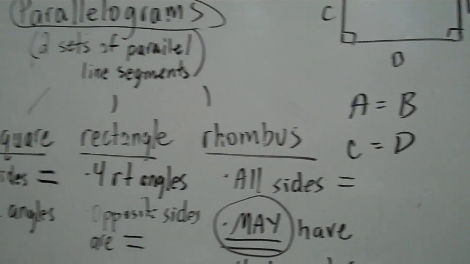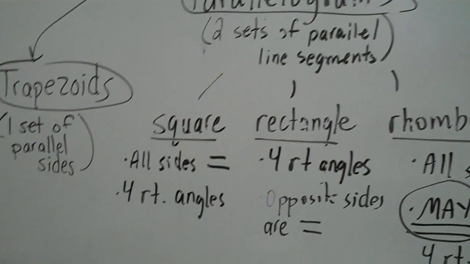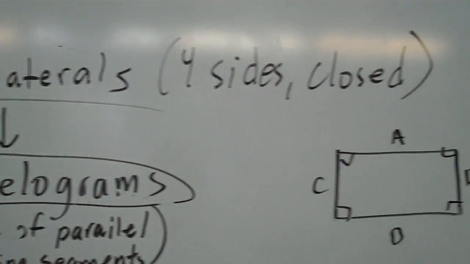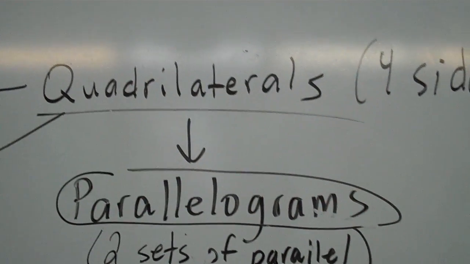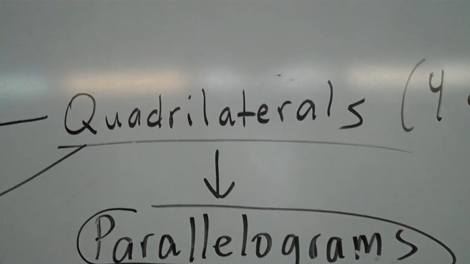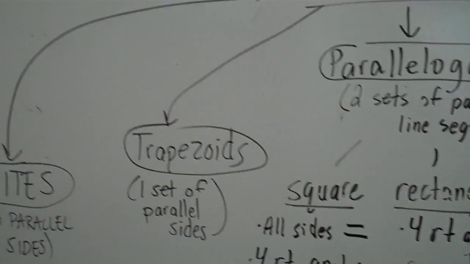Alright, this is to help out with the homework tonight on quadrilaterals, classifying quadrilaterals. Quadrilaterals, of course, are four-sided closed figures. So any figure that has four sides and it's closed is a quadrilateral. Then if we look at the quadrilateral family tree,